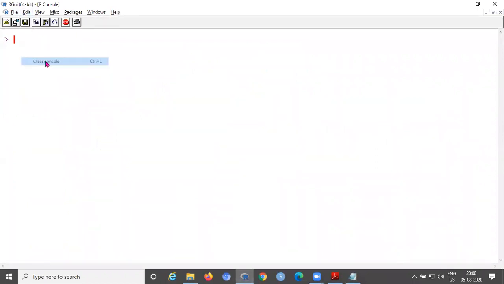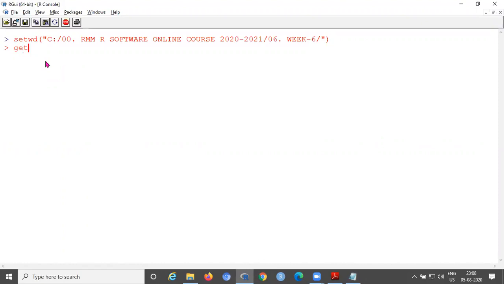Because recently we set the default one, C user admin documents, but our file is located in another place. So you can set the file's located path. Now I have done this one. Now if you want to see whether this path is set or not, use getwd. Simply you can enter. See the new path is created now.